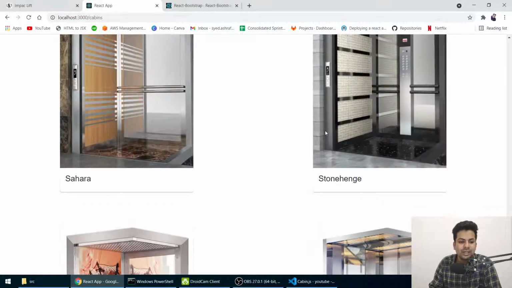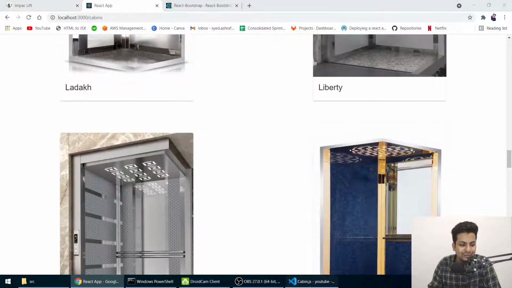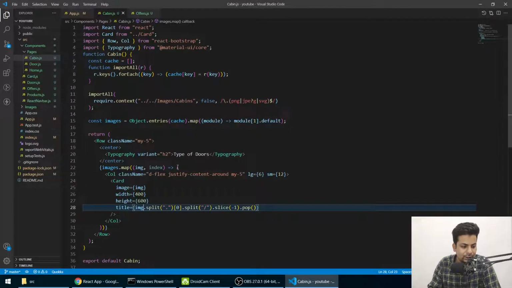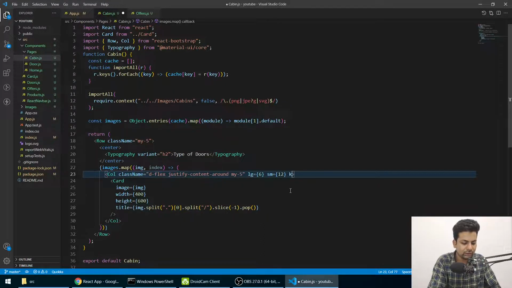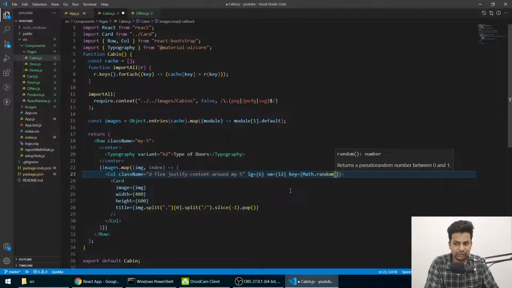Boom guys, we're getting the name now. It was so hard. And for the key, we'll just pass some key here in the column. For the key, we'll just say Math dot random. Any random number will come and it will be used as a key.